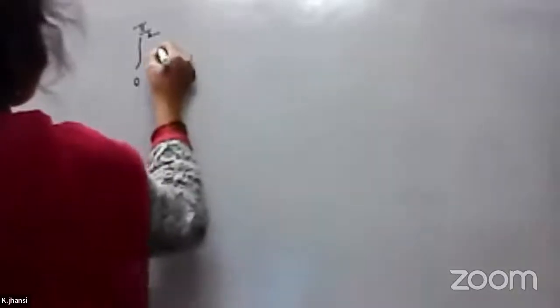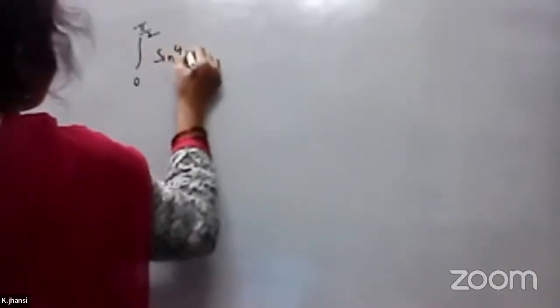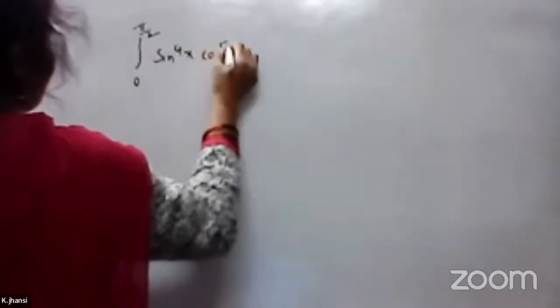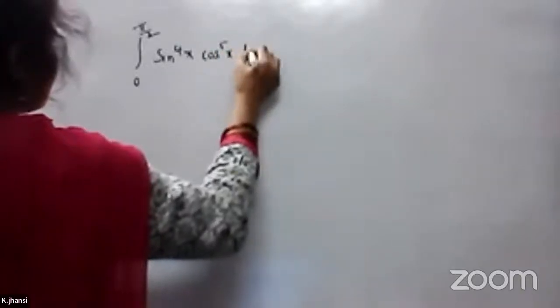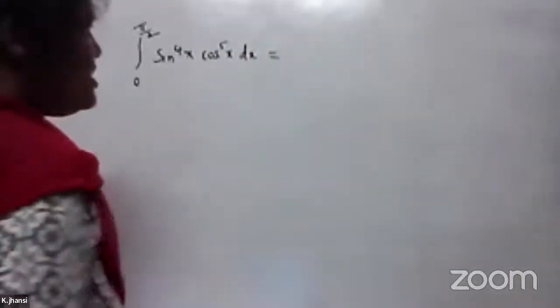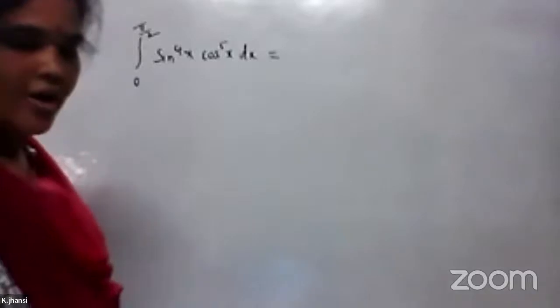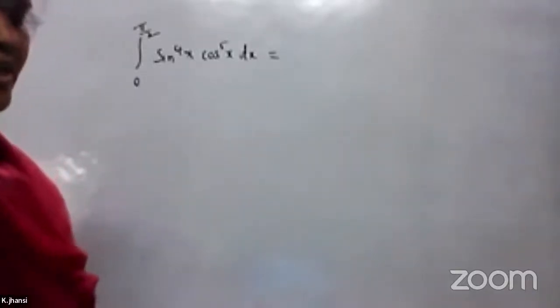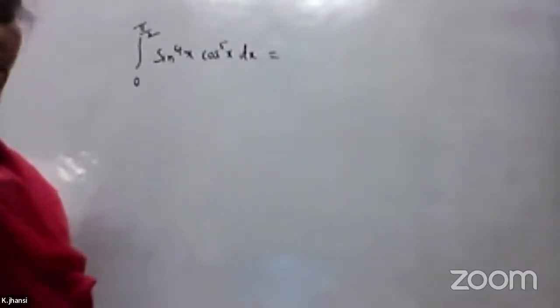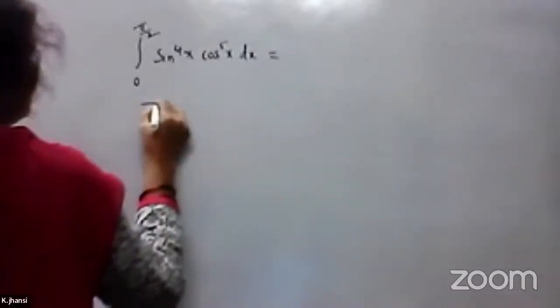Sine to the power of 4x, cos to the power of 5x dx. Okay. Here one is even and the other one is odd. When M is even and when N is odd, here the formula is